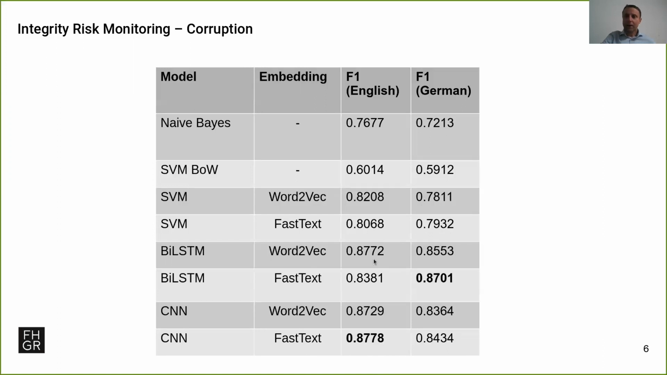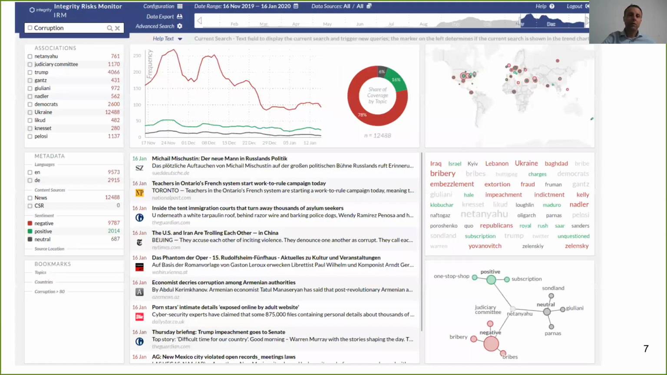This helps us in identifying integrity documents. The next question is, what do we do if we have them? And the answer is we put them into a portal that can be used by domain experts. The portal supports queries, for instance, for the term corruption, and then automatically determines